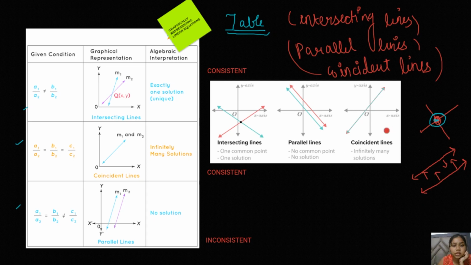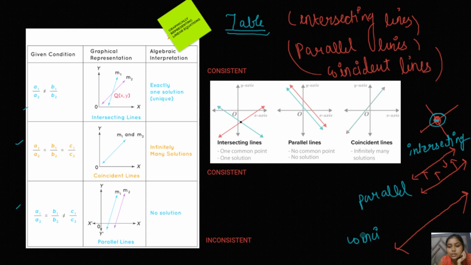They never meet. Now the coincident line is formed by collinear points. The straight line formed by the collinear points is known as the coincident line. Let me write here: this is the intersecting line, which meets or intersects at a particular point; the parallel lines do not meet at all; and there is a single line which we call the coincident line.